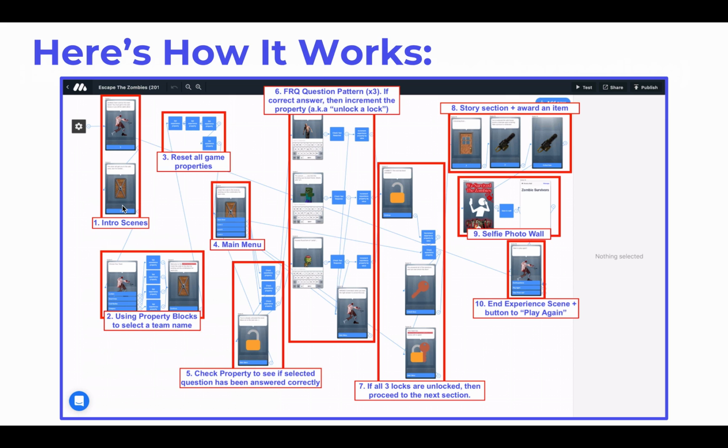After the intro scenes, we have this section that uses property blocks to select a team name. You can see that there are 4 options for team names, and there are 4 property blocks that set the property for the team name that the student chooses. This is sort of superfluous when it comes to the actual functionality of the experience, but it's a nice touch because it makes the experience more interactive, and you want to push for more interactivity rather than passive viewing when